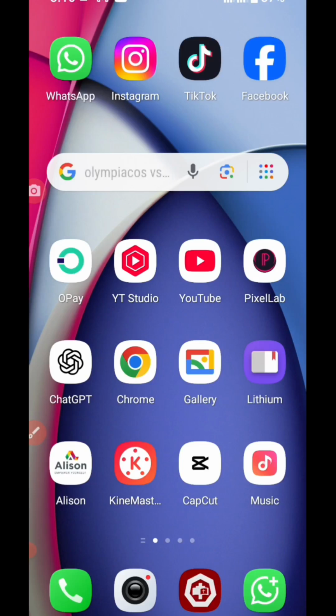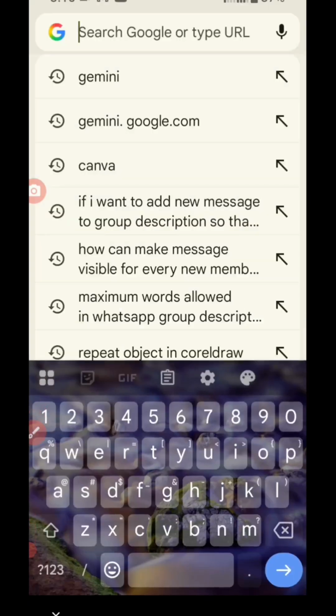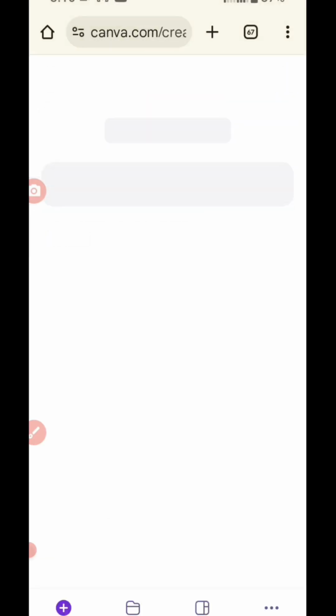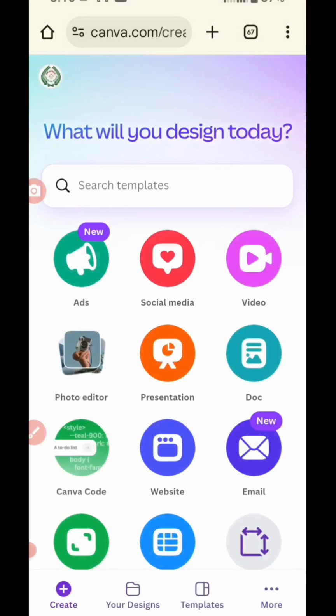So to log in, I don't have the mobile version because of space, so I use the web version. Go to Chrome, then search for Canva. Once you log into Canva,